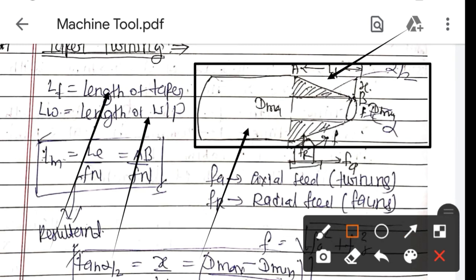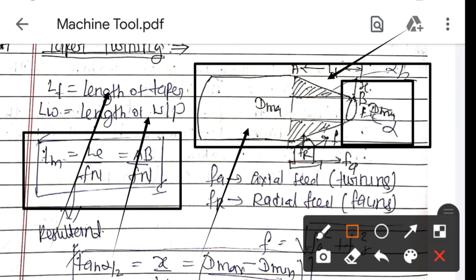Again the formula would be the same: effective length divided by F into N. Here what would be the effective length? The effective length is the length of the tapered part alone, so this one alone. So here the AB part, which is LF, and here the feed will be in the axial direction and